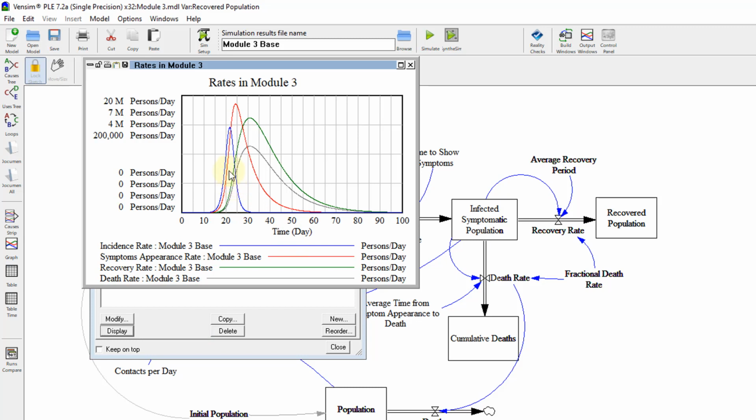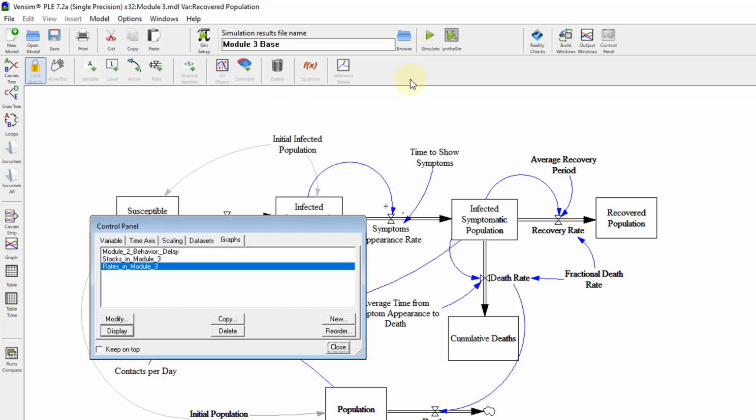And then you can see how people are moving through the pipeline. Okay, starting from incidence to symptom appearance to recovery and death rate. Okay, having said that, again, all these graphs have different scales. So we have to be mindful of that. Okay. Now, another thing that we can do here is